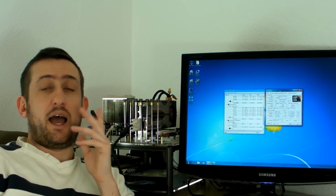Now, Vantage will give you better scores for a better CPU, but Vantage is more about the graphics, and just changing the CPU, we were getting an extra 1200 points on 3DMark Vantage. With an i7 965 we were getting about 18 and a half, and this one was 19, nearly 20,000 just for changing the CPU. And that would only get better the more CPUs you add, and the more graphics cards you add,